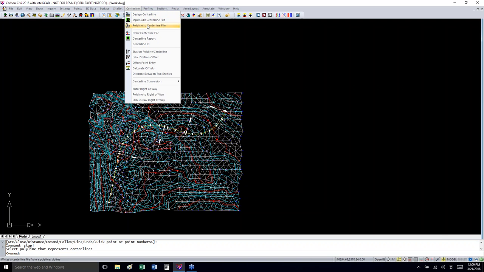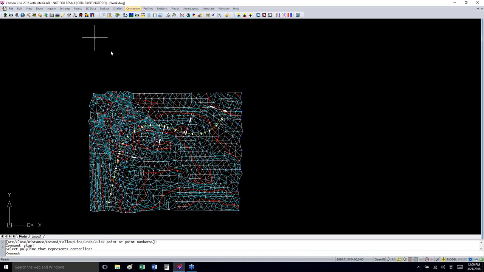We're going to pick it in RoadNet, so we're going to go over there and do it. But I can set a centerline file right here based on that polyline. I can design a centerline on the screen, or I can do input edit centerline file. Okay, now we need to save a drawing that we want to bring into